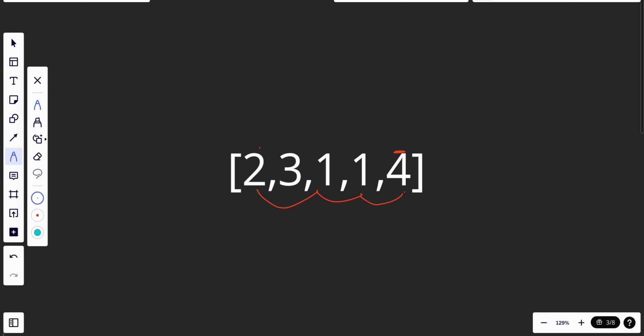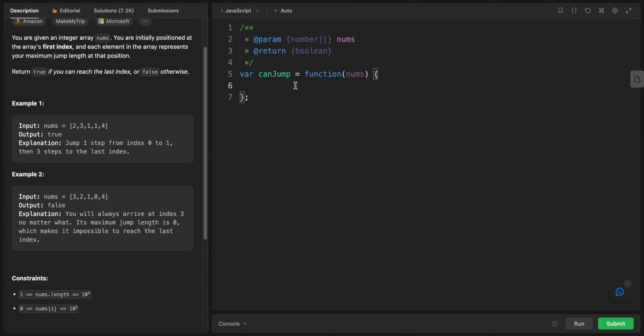So let's think how we can do this. First of all, let's create a let i, because we will do a while loop. So let i equals 0. Okay, I will do let target, and this will equal nums.length minus 1, because we want to make sure that our max values are reaching this target or bigger than the target. I will set